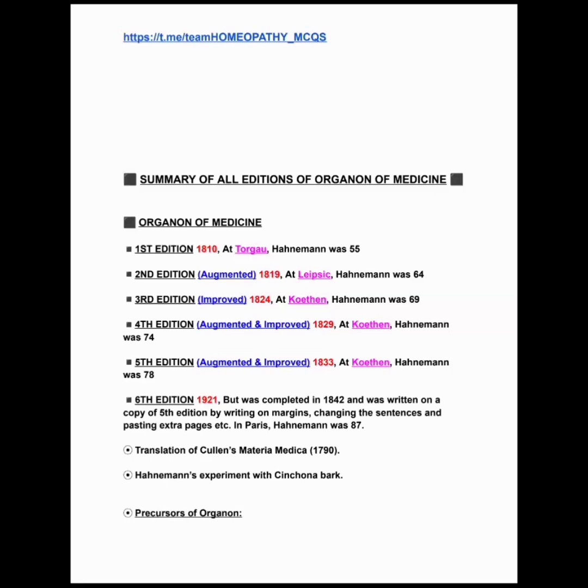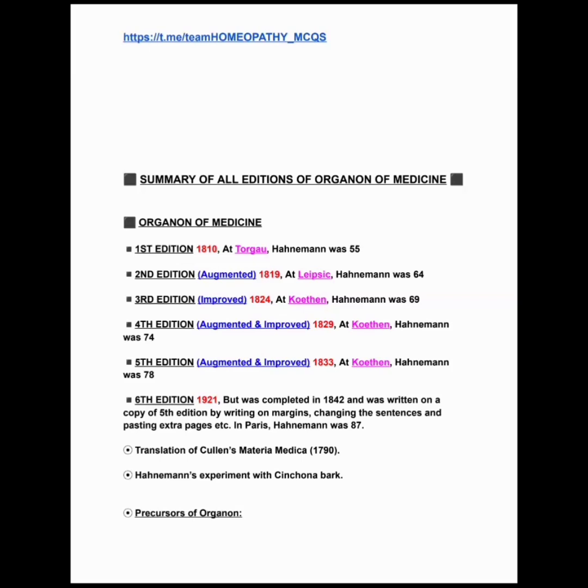Now we will discuss about the sixth edition. It was published in 1921, but was completed in 1842 and was written on a copy of fifth edition by writing on margins, changing the sentences and pasting extra pages, etc. In Paris, Hahnemann was 87 years old at that time. इसके बाद है जो पॉइंट वो है ट्रांसलेशन ऑफ कलन्स मटेरिया मेडिका इन ईयर 1790, Hahnemann's एक्सपेरिमेंट विद सिंकोना बार।